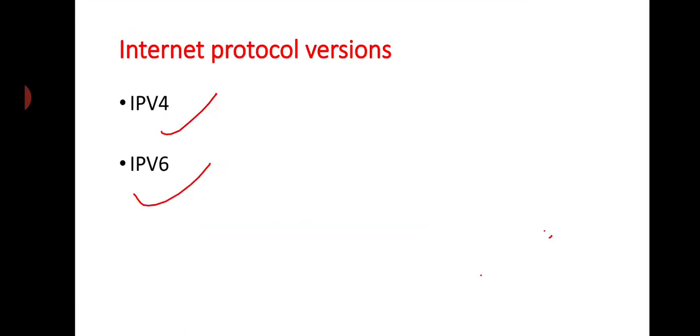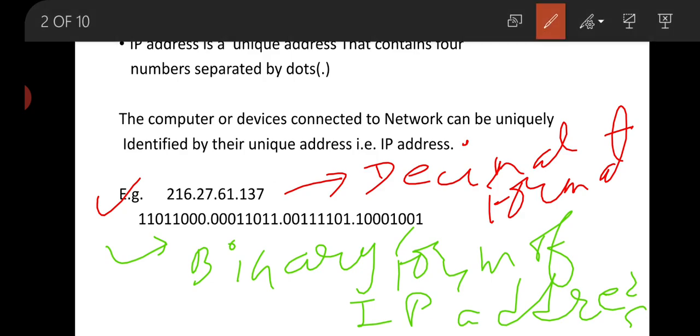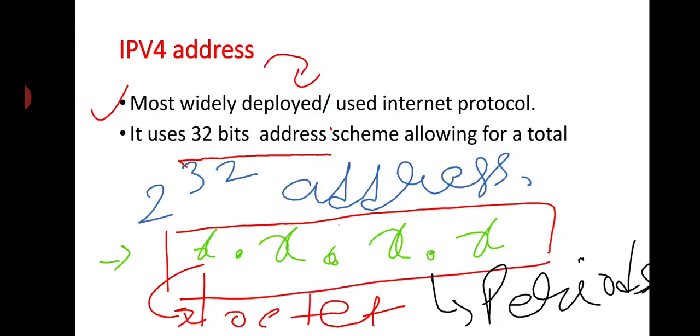If you can see here, this is your example of an IP address. You can see that 216.27.61.137 are the octets, and the dots are called periods. Now this is the format of your IP address. Suppose we are going to write an IP address like